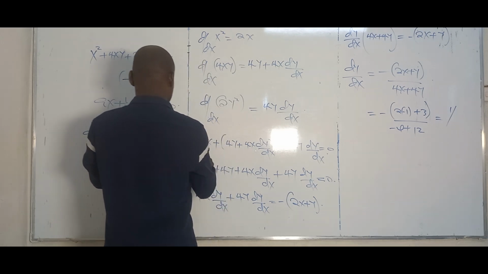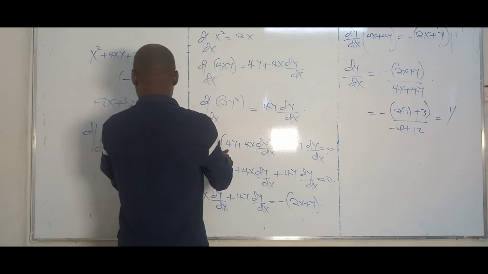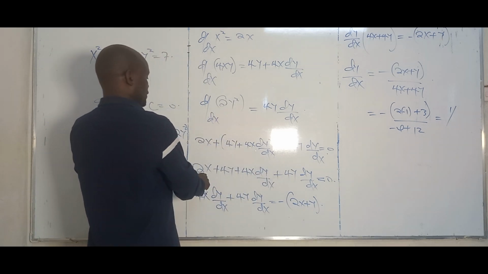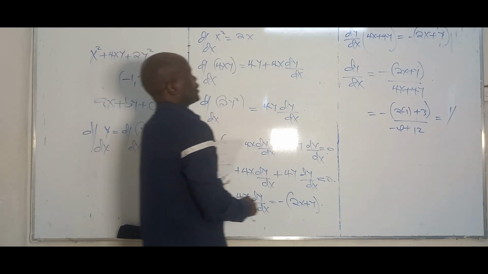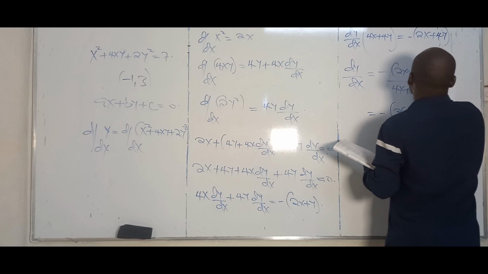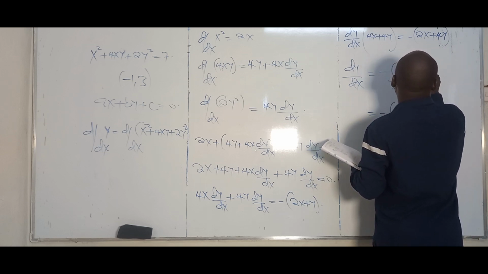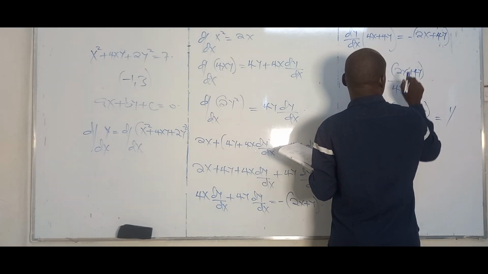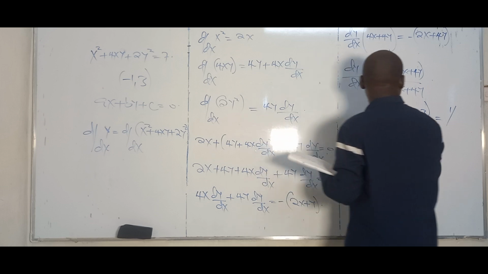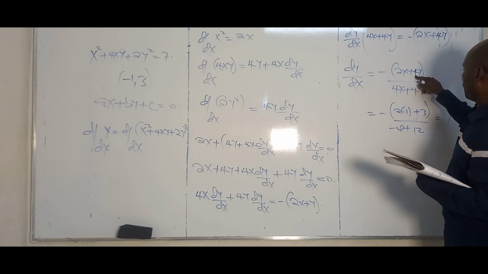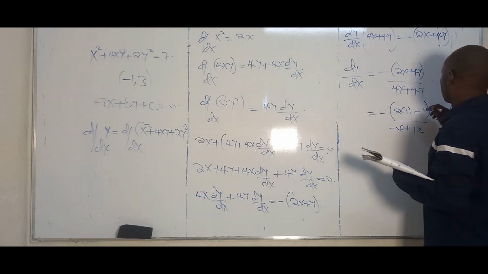Here we have 2x plus 4y plus 4x plus 4y is equal to that. So this is 2x plus 4y. It's not y. So here we have 4y. If we have 4y here, this is just this, but this is now 4 times 3. So 4 times 3 is 12. So if I have 12 here,